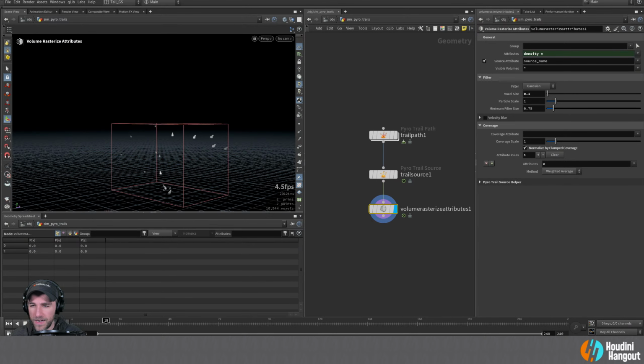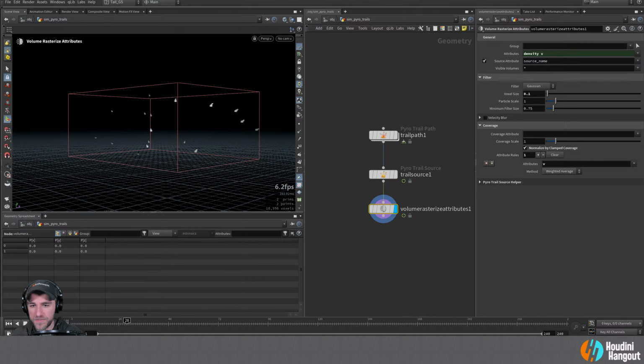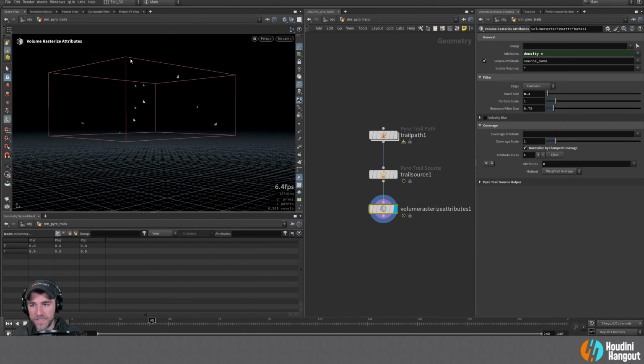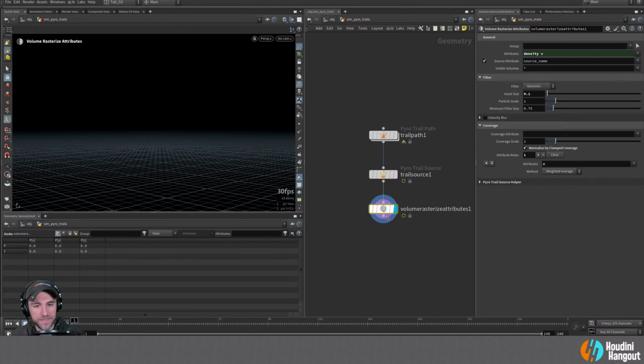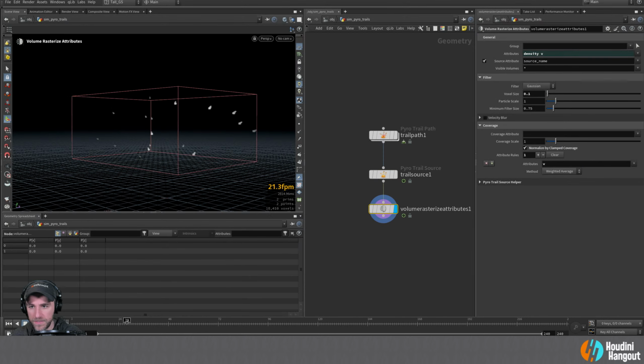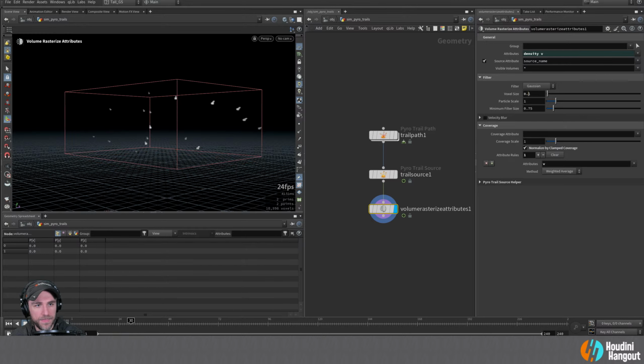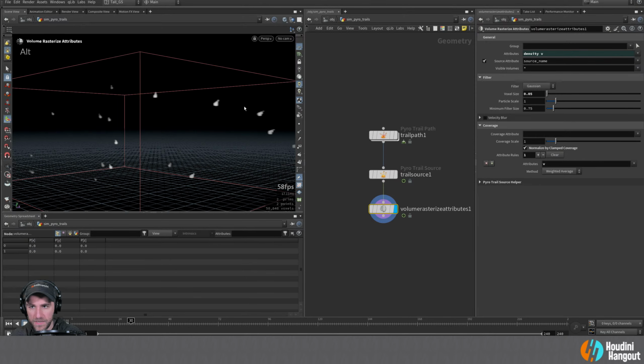So now we've got our volumes being sourced in here. It's going to be a little slower here because obviously we're rasterizing that into a volume, but that should give us what we need. So now the real question is, what is our voxel scale here? So let's take a look at this. I think we're going to need a little bit more than that. Not 100% sure, but